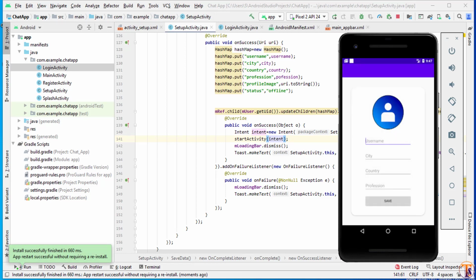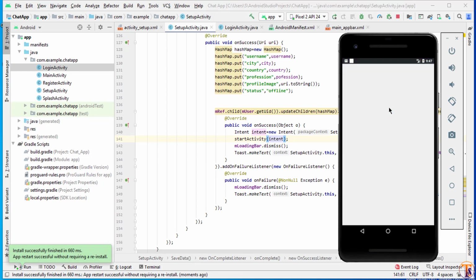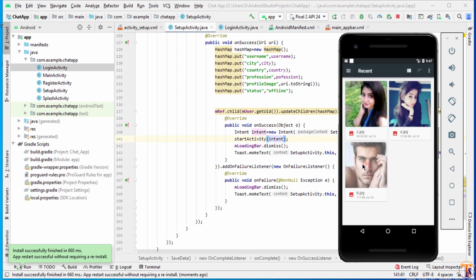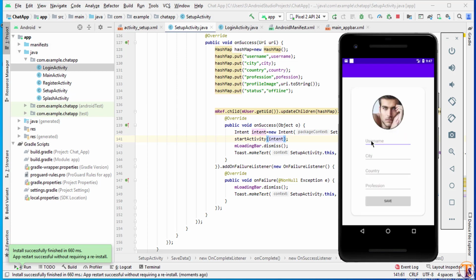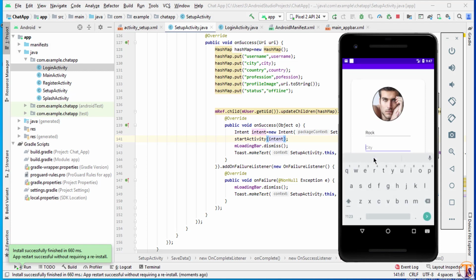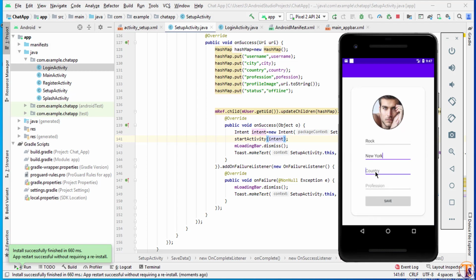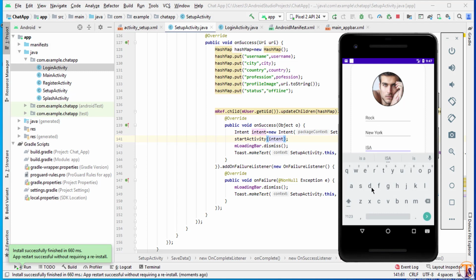The application is successfully running. So let's click on this profile image, select any image, and here type the username. I type any name, city is New York, and select country USA, not ISA, USA, and select the profession.